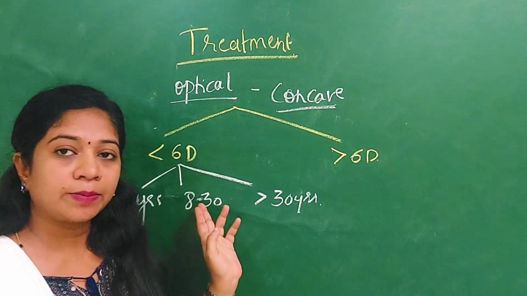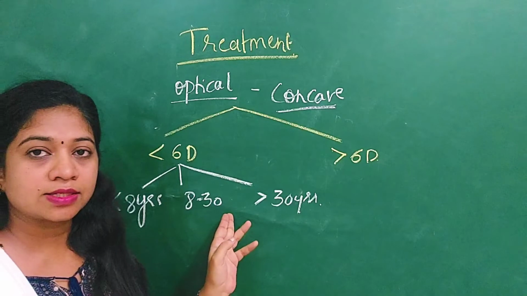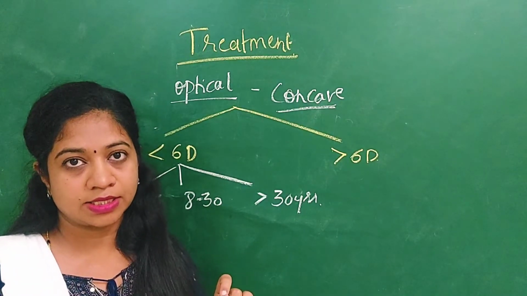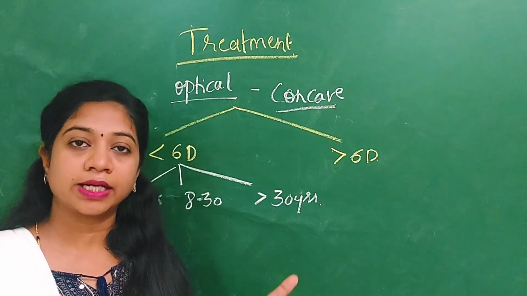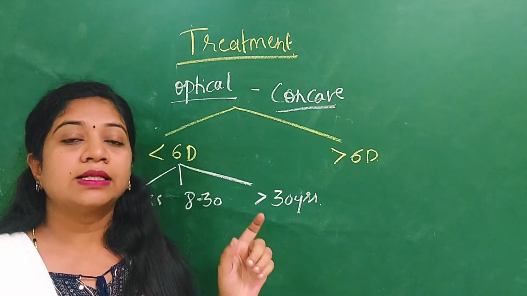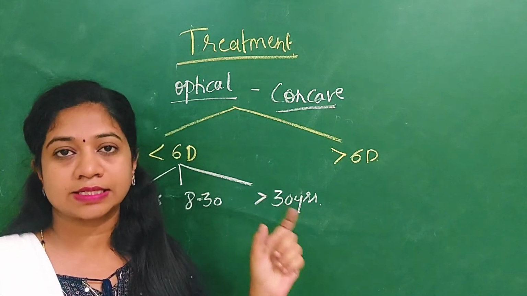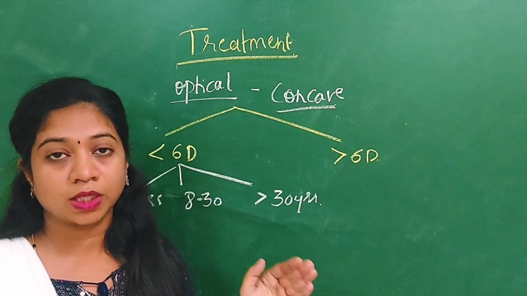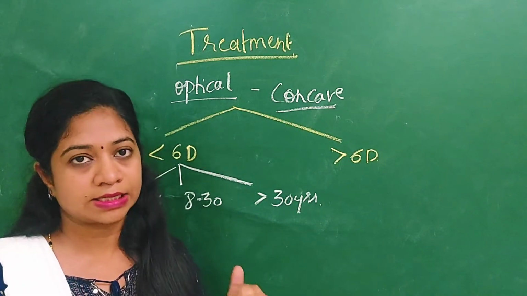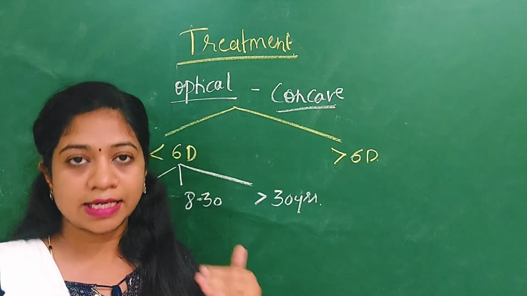And when it comes to young patients in the age group of 8 to 30 years, never overcorrect these patients, since these patients prefer the overcorrected prescription. Since the contrast which is present in the Snellen's chart is appreciated better with the overcorrection, they feel that is the correction they need. Actually, they may need little lesser correction only.